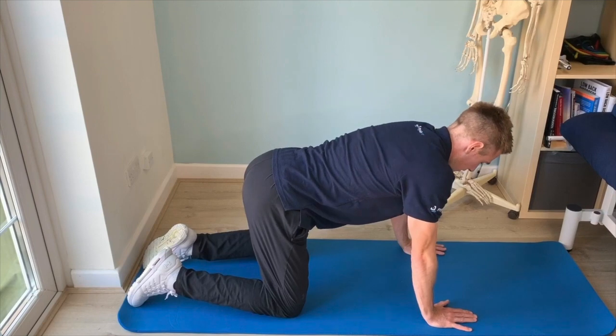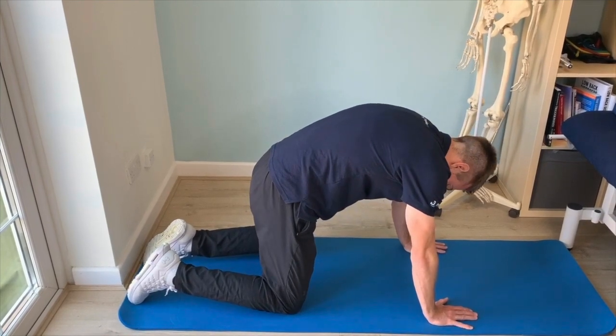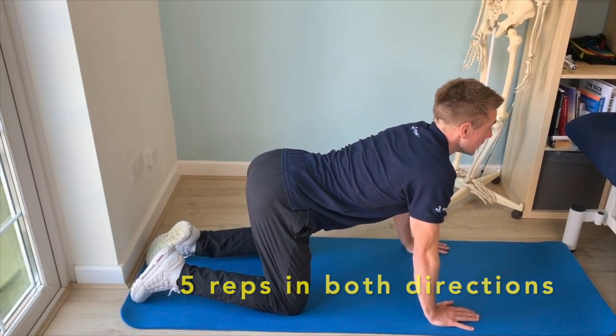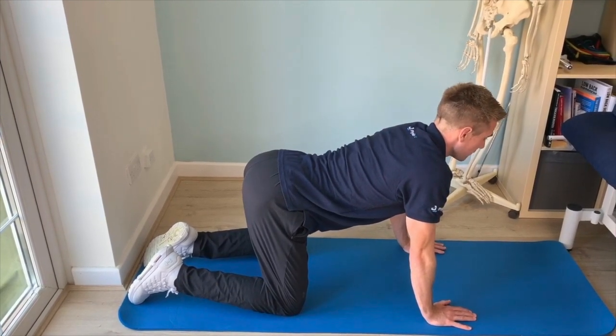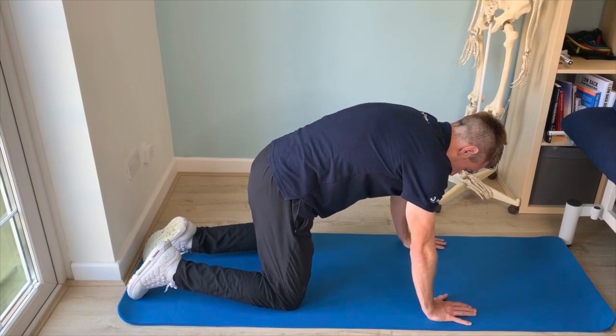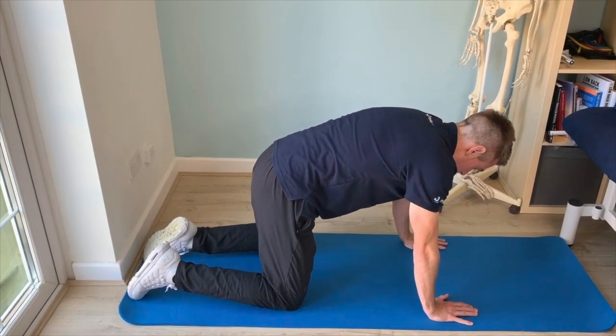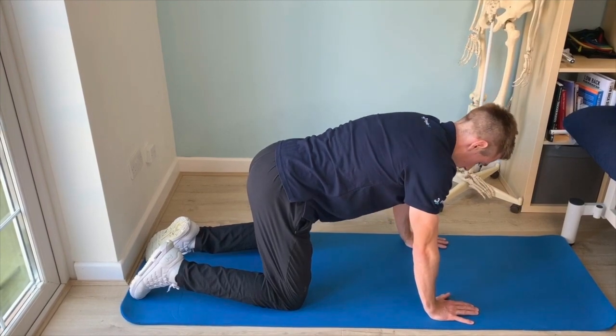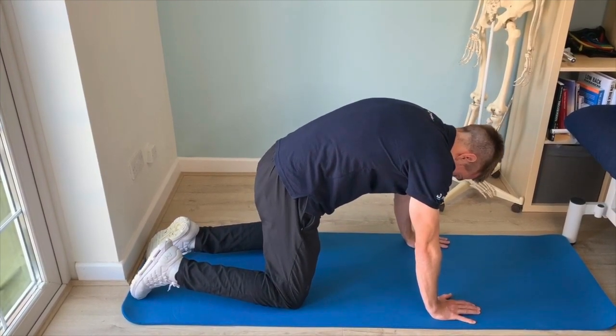We're not going too fast, we're not going too slow. Key thing is try to think about moving the spine here. If you get any pain on either end of the movement, just back off a little bit. We're going to go for about 5 times here. Good, so after you've done about 5,